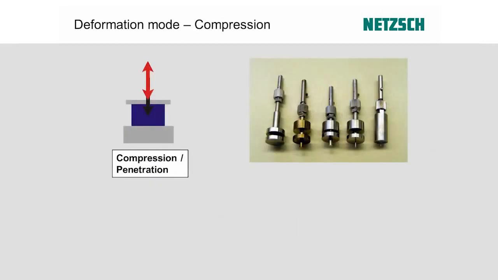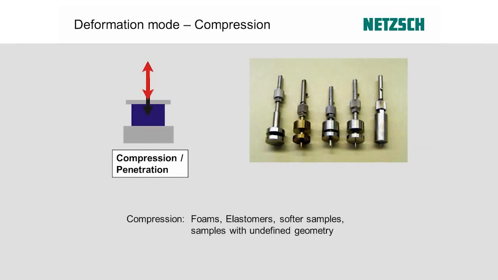The last one, I think the most straightforward one, is compression. You just compress your sample with a fixed support, and there are different shapes. You can get much smaller, and even have this 1 millimeter shape here. You can use it for foams, elastomers, for softer samples above the glass transition temperature, and for samples with undefined